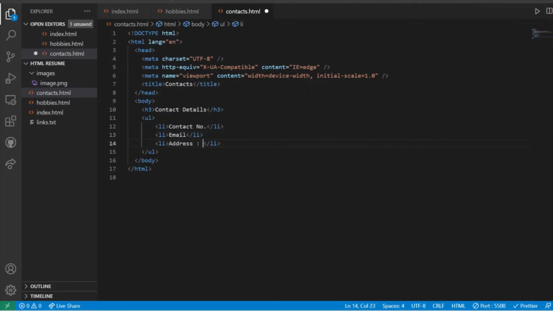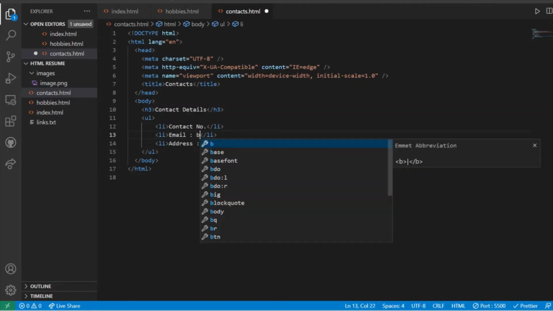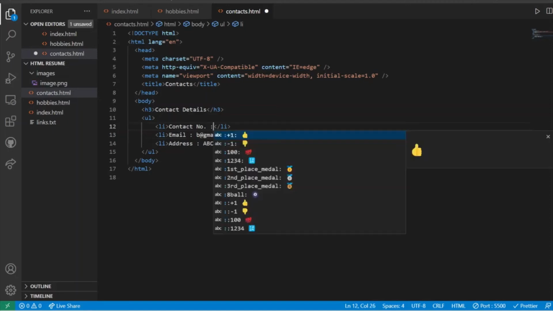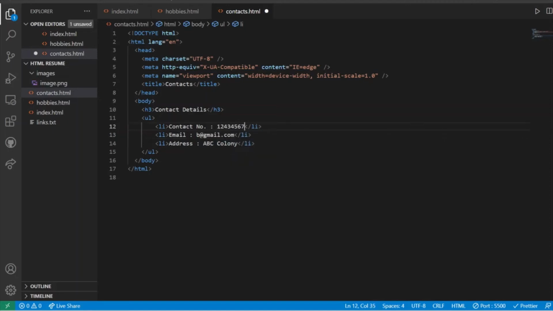Let's put the dummy information here, ABC colony. Email should be somewhat b@gmail.com, and our contact number would be some dummy contact number.